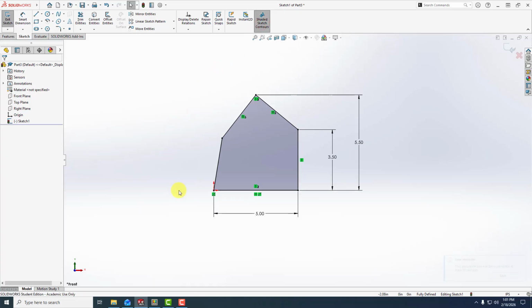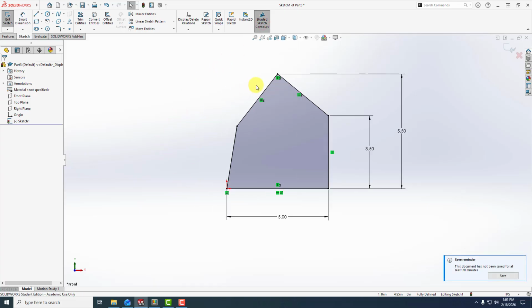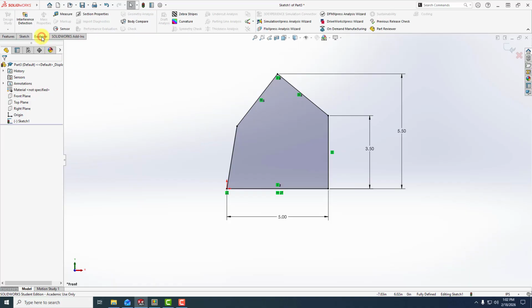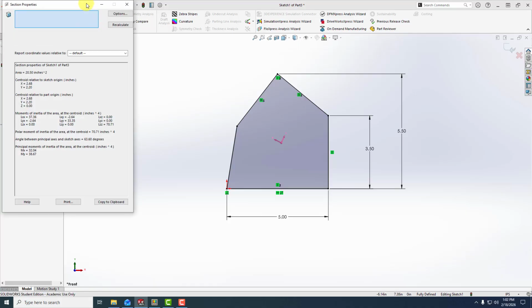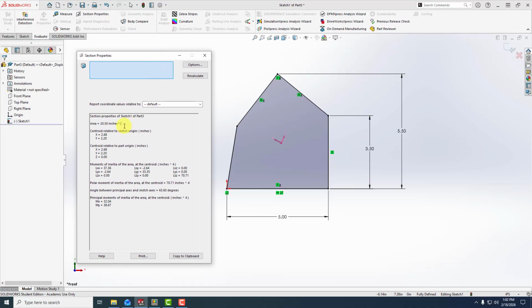So now I could interrogate this to say, what is the actual area and where's the centroid of this sketch with relationship to the origin, which is here in the lower left hand corner. I can do that by going to the Evaluate tab, click on Section Properties, and I would find out that the total area of this shape is 20.50 square inches, and the centroid relative to the sketch origin